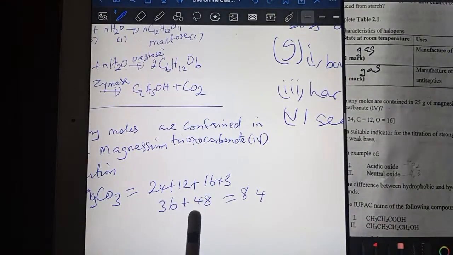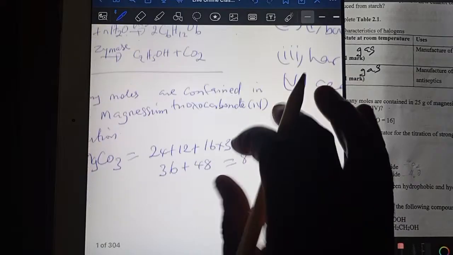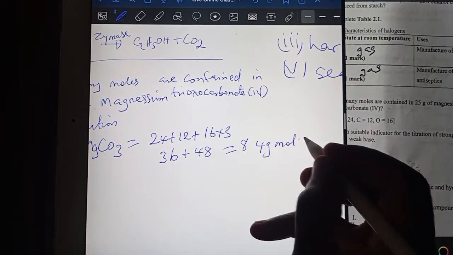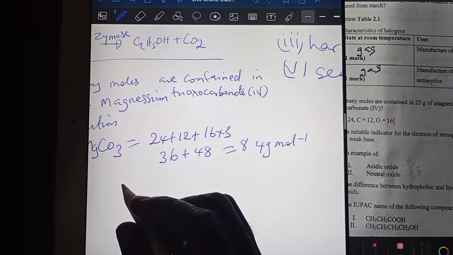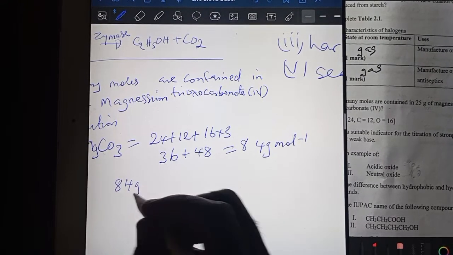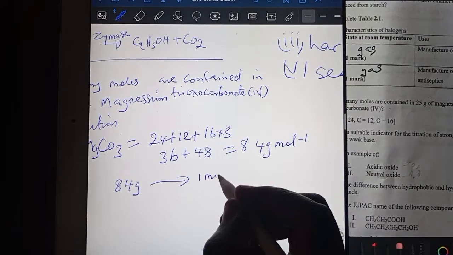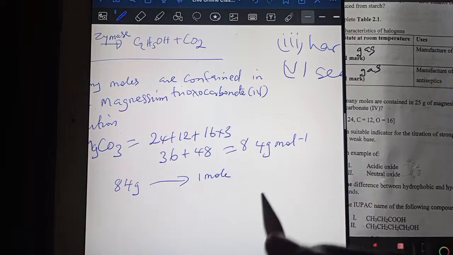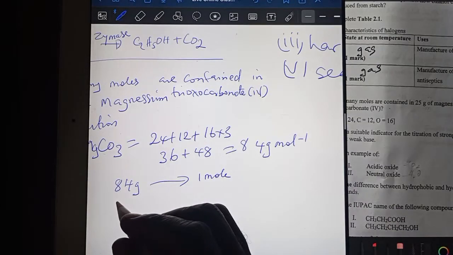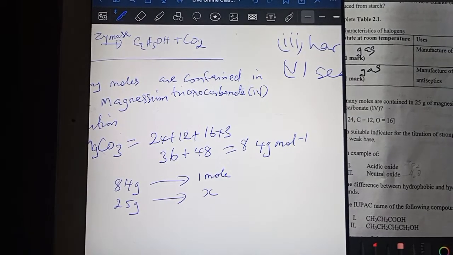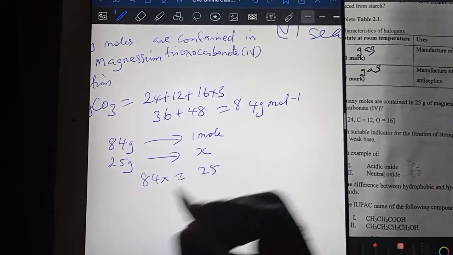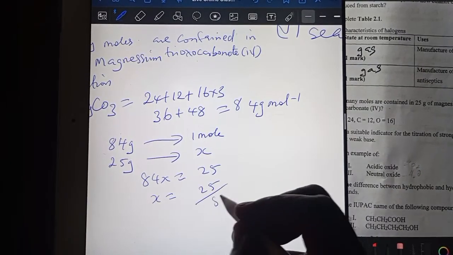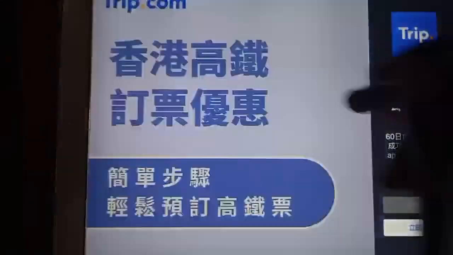But mathematically, this is 6 plus 8 is 14, you now take one here, 84. So 84 grams per mole is the molar mass. Therefore, that means 1 mole of magnesium carbonate weighs what? 84. So 84 grams is equal to 1 mole. So what will it now be? You now say 25 grams will be equal to X moles. All right. So cross multiply, you have that 84x is equal to 25, such that x is equal to 25 divided by 84. And this will give us